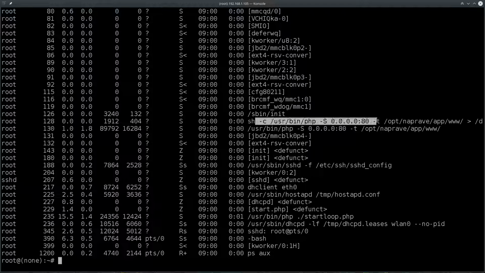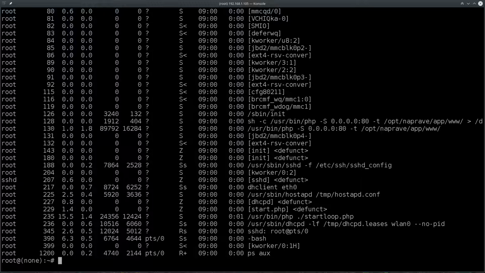I use PHP as a web server to be able to control the software via HTTP. And this instance also has a hostapd setup, so it is acting as an access point. It's a Raspberry Pi 3 which can do this actually. So this is very, very minimalistic. And this is all you need to do to set up the npStarter